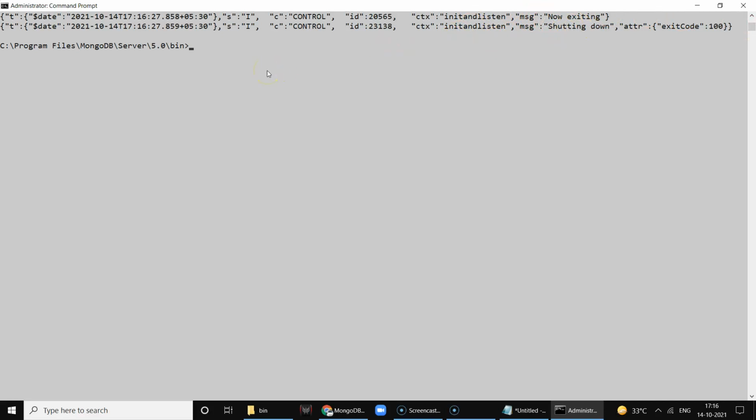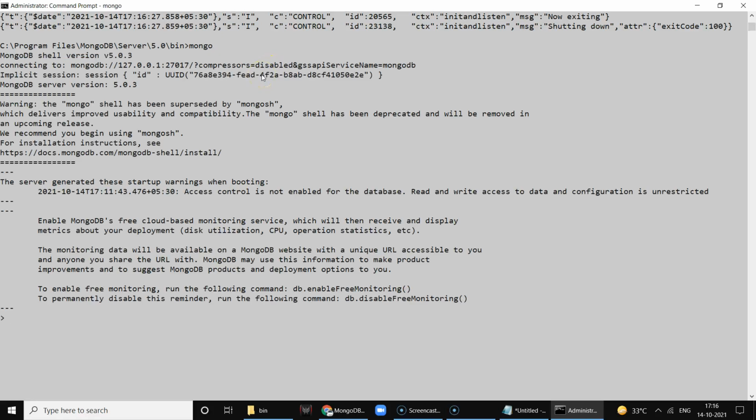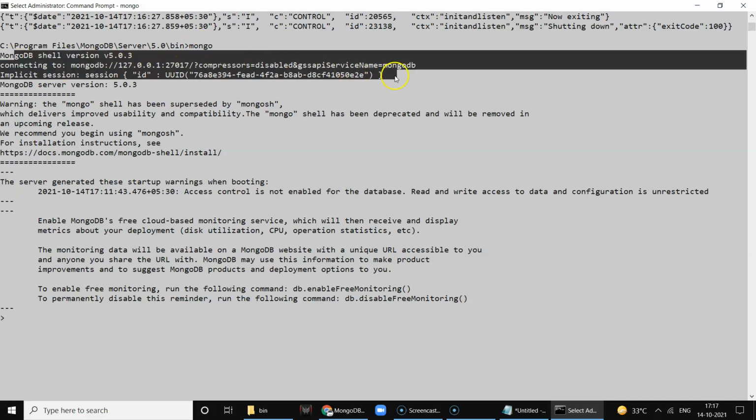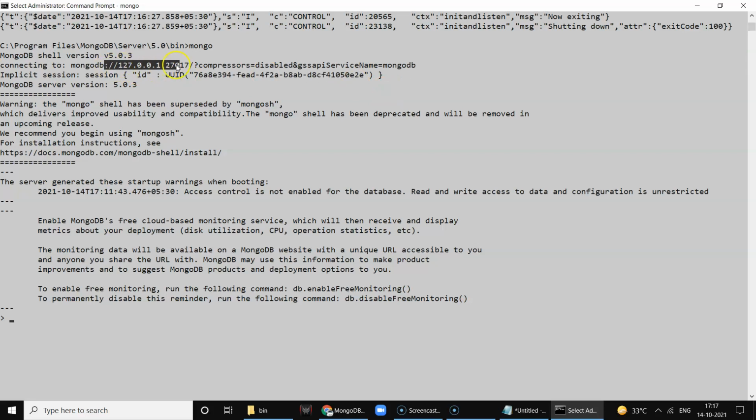So it's correct, we need to type mongo in the command line and we can see the service has now started listening on this IP address. The service name is MongoDB as I showed during the installation, and if you look at the command prompt, it is now ready to execute commands.